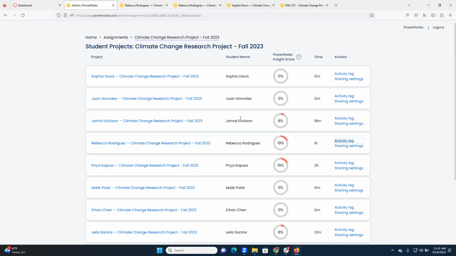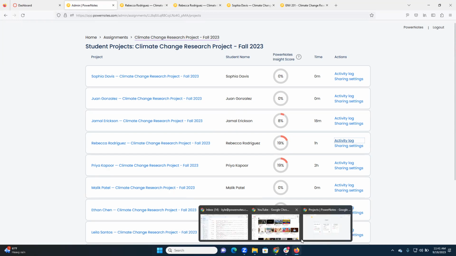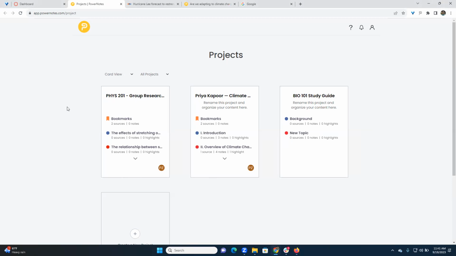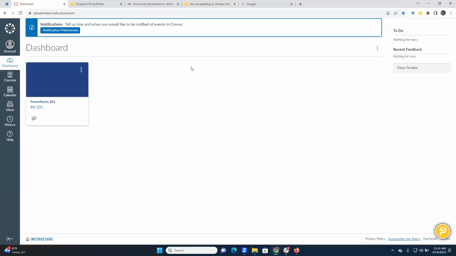So let's quickly go over to a student view to give you an idea of what these new features would look like for them. So in this example, I am starting just as I was in the teacher, but now I'm in a student project outline. I can access this through my standard PowerNotes account, or I can, of course, come in through a